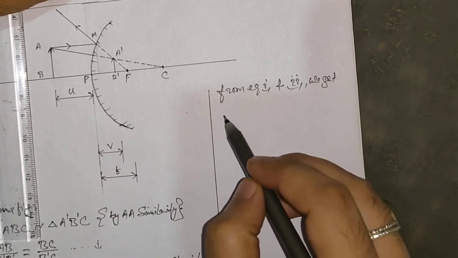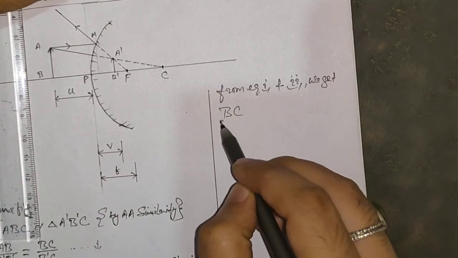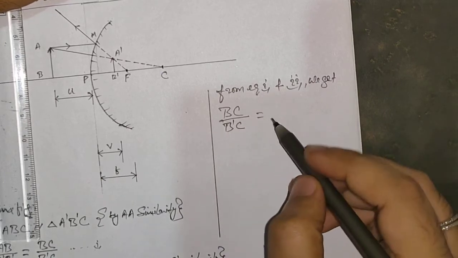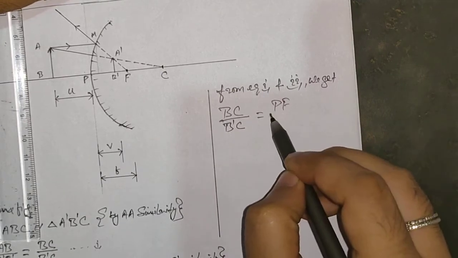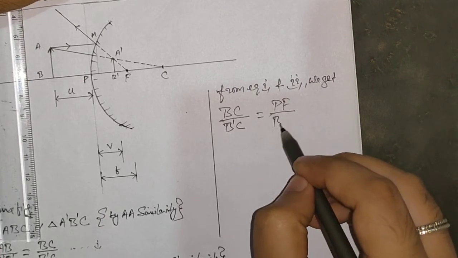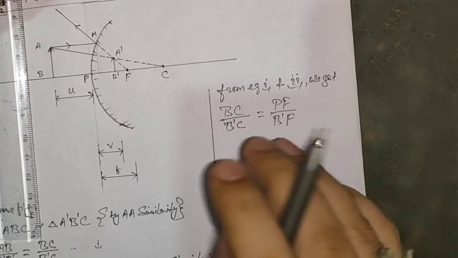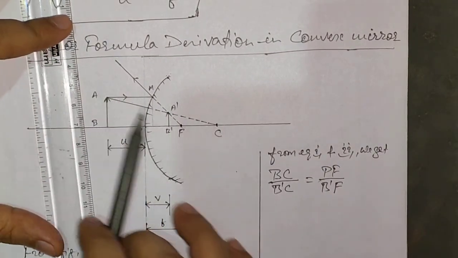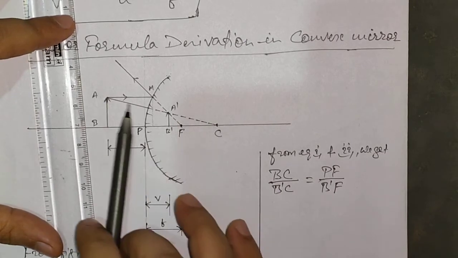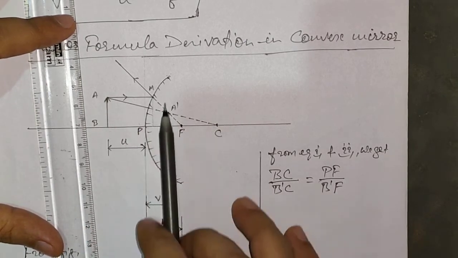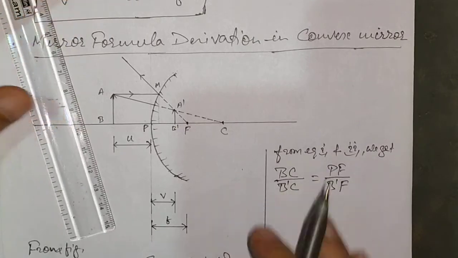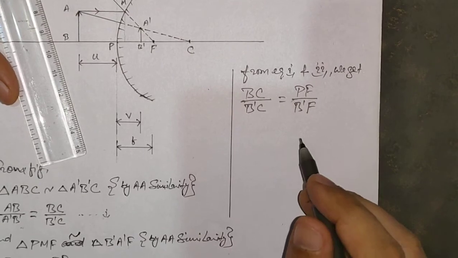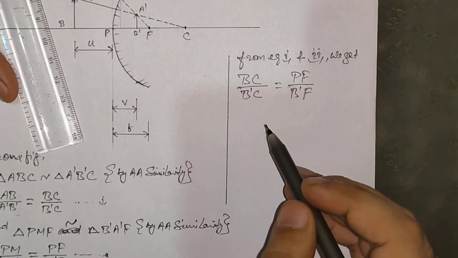So it means BC divided by B dash C is equal to PF divided by B dash F. Okay, one more thing, that in the diagram you are not going to take the slant heights, the slant ray distances. You can ignore this because we need this and this only. So that's why I have not taken the third proportional sides. I hope you people understood this. Now let us move and continue our discussion.